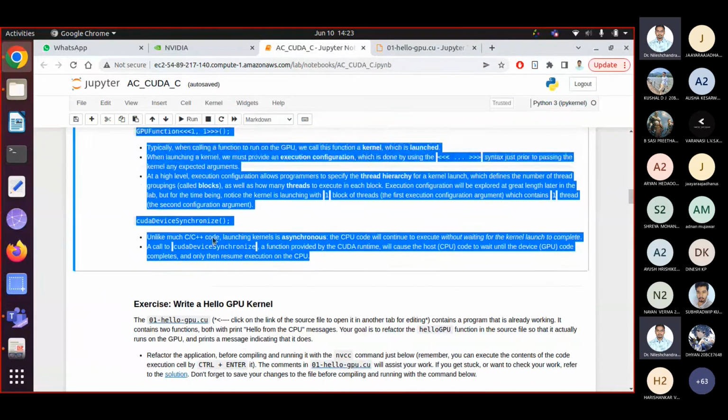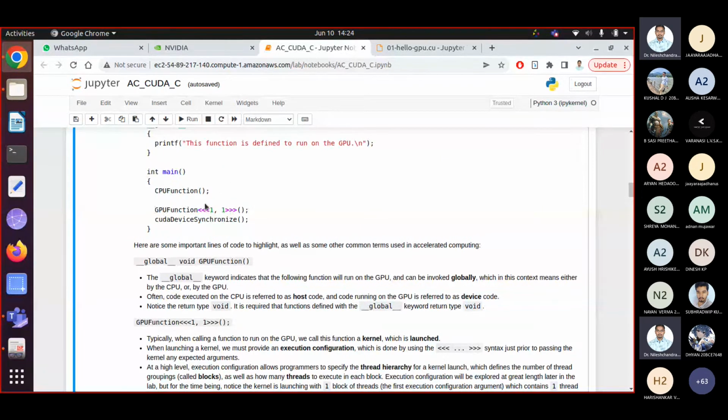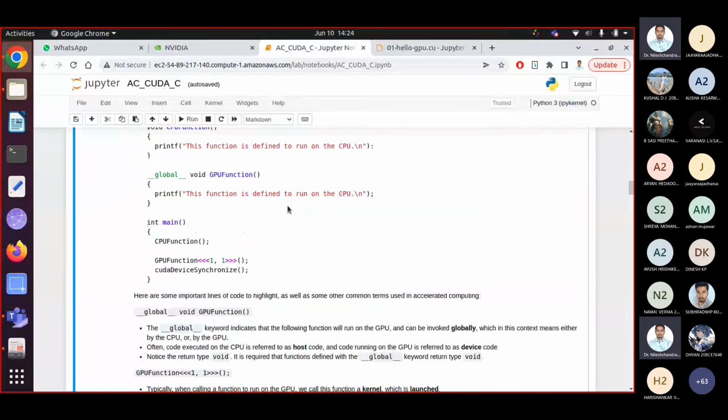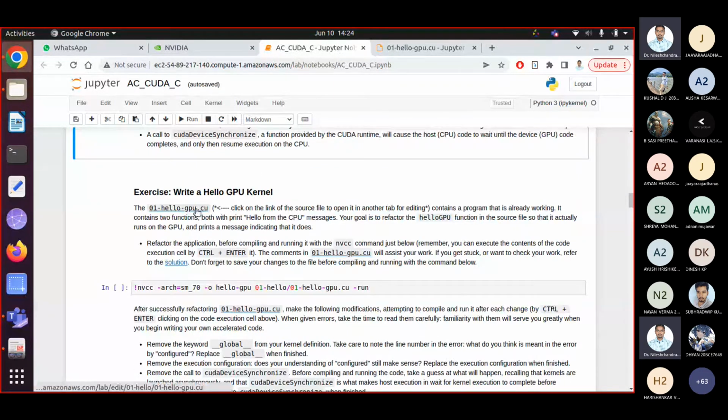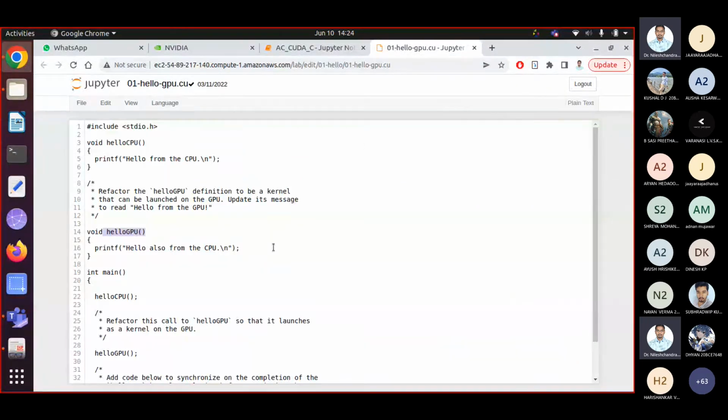I'll give you 3 to 4 minutes to complete this task. If you get stuck at any point, you can click on solution here. It will give you the solution, but better to first read all these statements and then try to modify it. Meanwhile, if you have any query, you can ask.